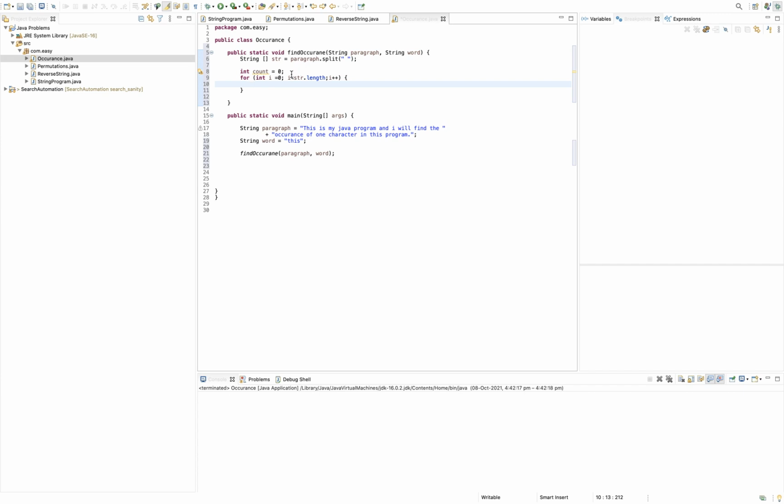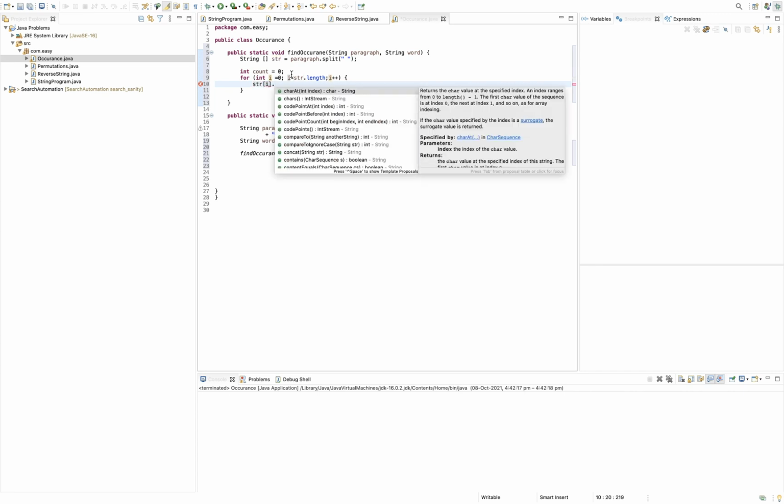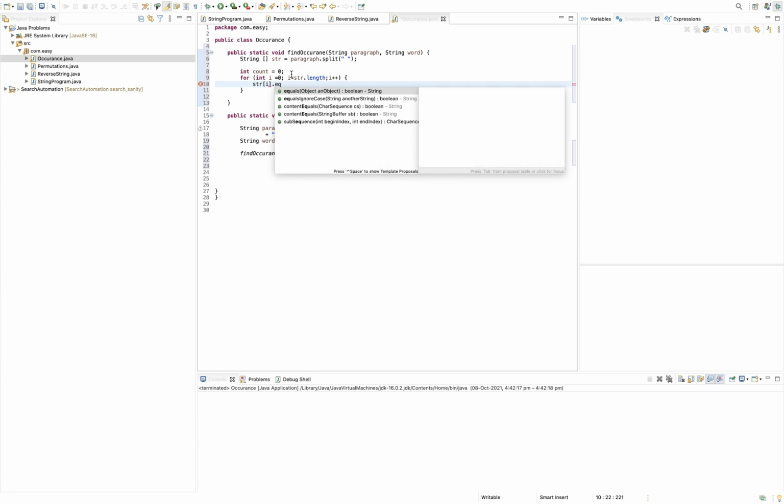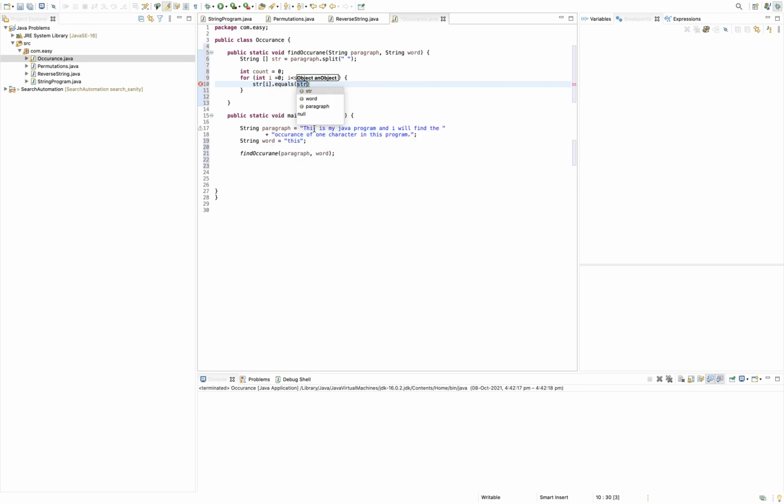I will use one method here. So str at i, this equals. If you want to ignore the case sensitivity, there is another method. Let me just show you. Let me do it with this first and then I will show you with ignore case also.